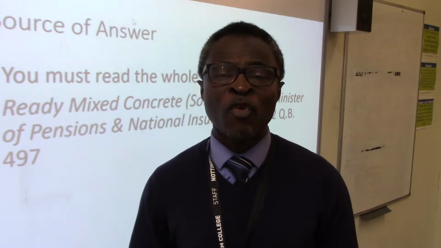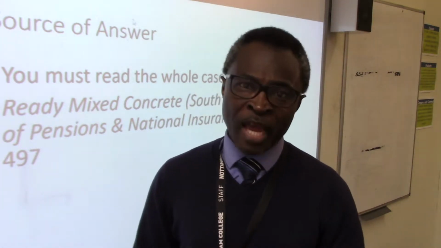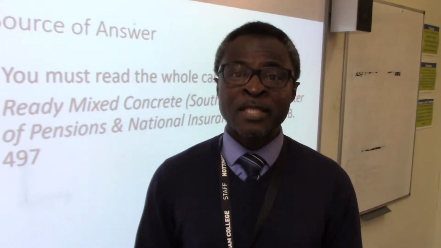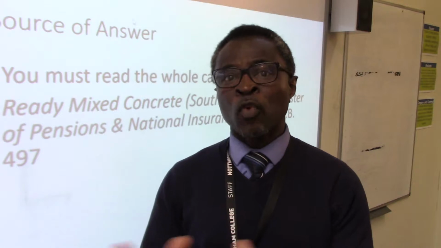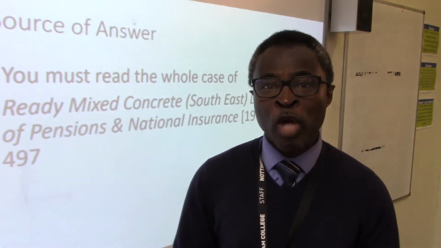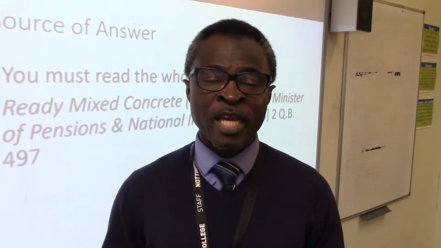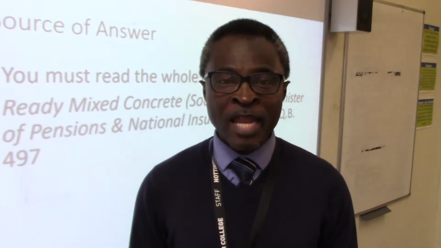The first type of worker is an employed person or an employee, and the second type of worker is an independent contractor. The types of workers carry out different services. So an individual working under a contract of service is classed as an employed person. If you're working under a contract for services, then you're classed as self-employed.